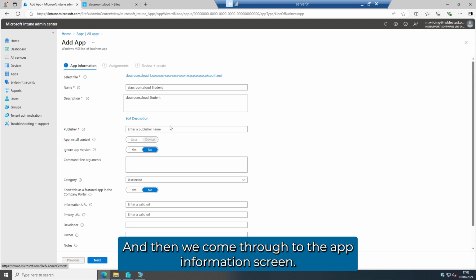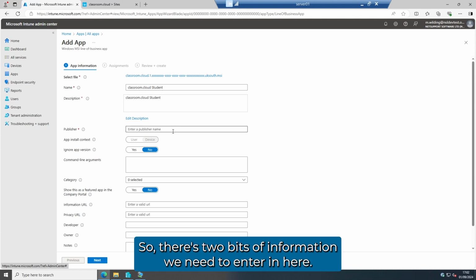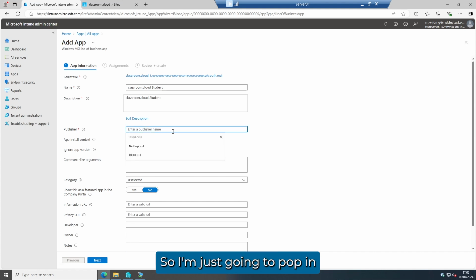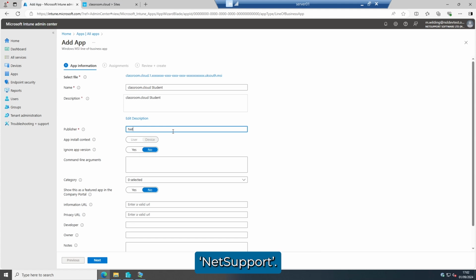and then we come through to the app information screen. There are two bits of information we need to enter in here. The first one is publisher name. I'm just going to pop in Net Support,